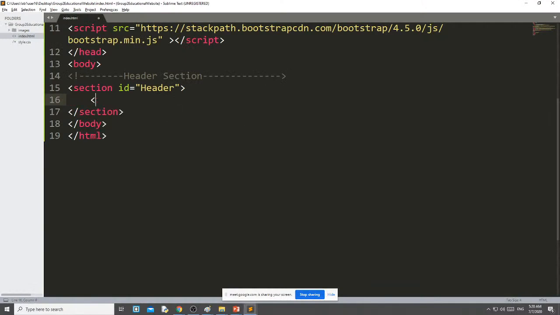First we are using the nav element. Then we are using class navbar. Wherever I am using class, navbar is the predefined class of Bootstrap. Bootstrap provides lots of predefined classes. We are going to use those classes to implement some functionality. Okay, navbar, then navbar-dark, bg-dark. bg-dark means background dark.